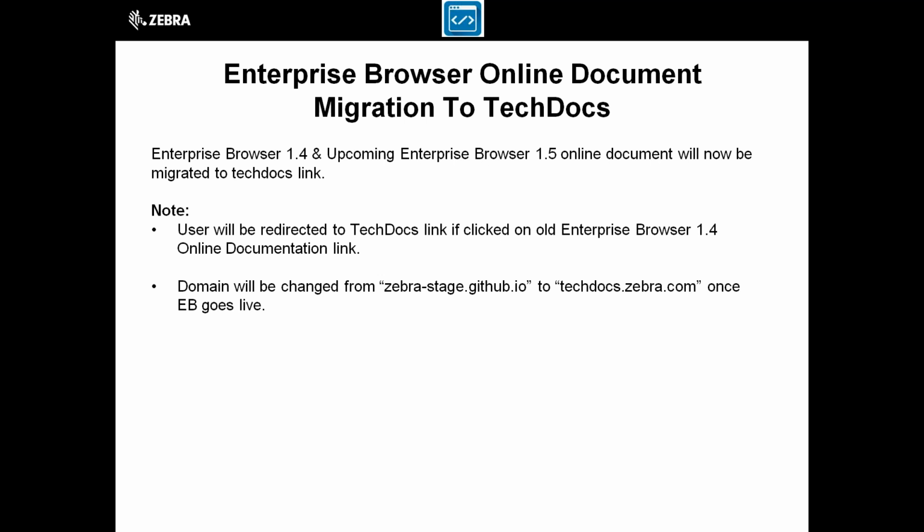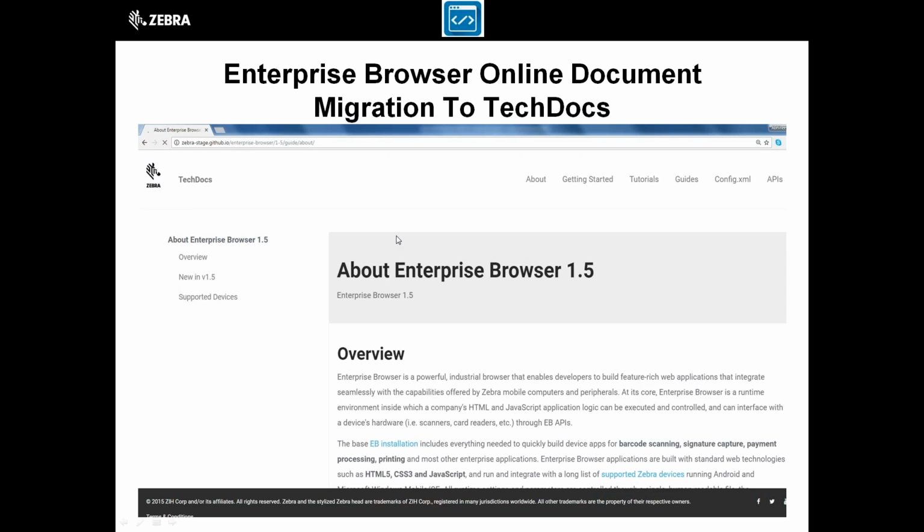Please note that currently our online documentation is present under zebrastage.github.io, which, as soon as EB goes live, will be posted under the techdocs.zebra.com domain. You can see that our online documentation, which is currently present under TechDocs, is of Enterprise Browser 1.5. So this is the way it will look now.